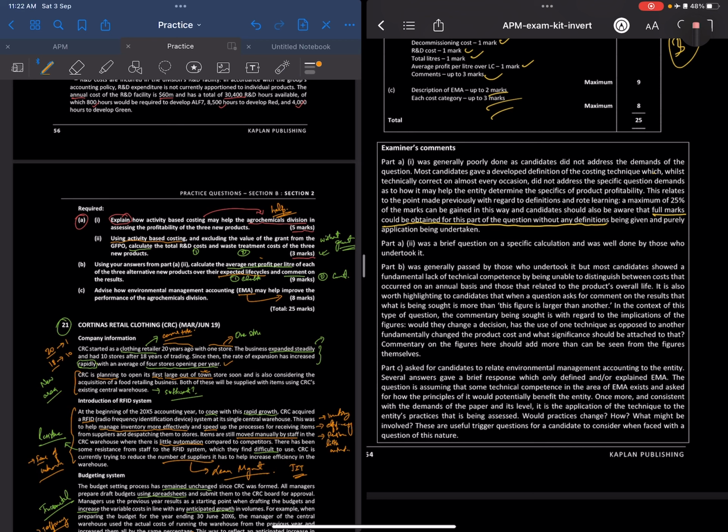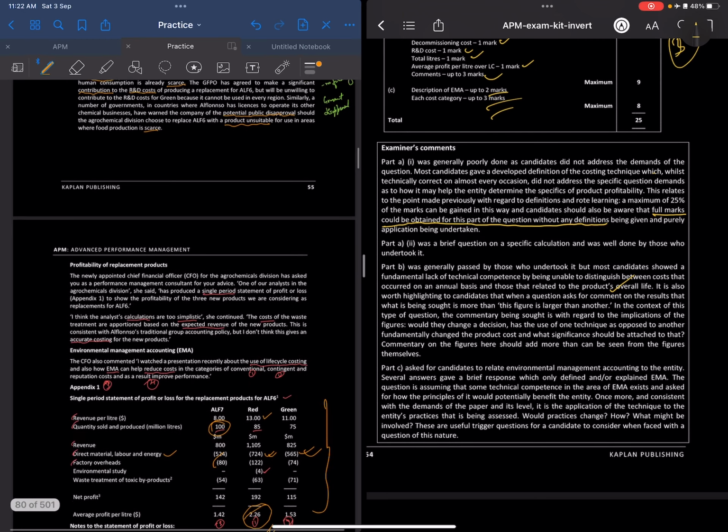So part B was generally passed by those who took it, but most candidates showed lack of technical competence by being unable to distinguish between costs that occurred on an annual basis and those that relate to the product's overall life. You know why this happened? Because they missed one single